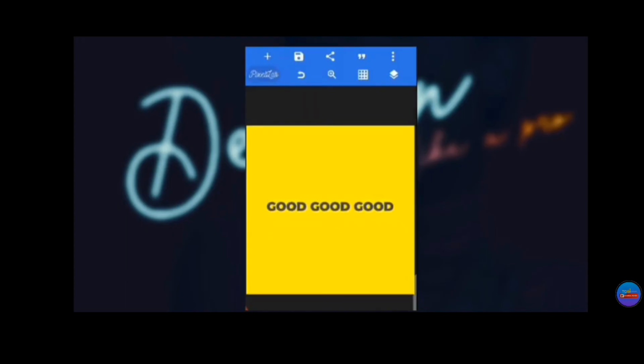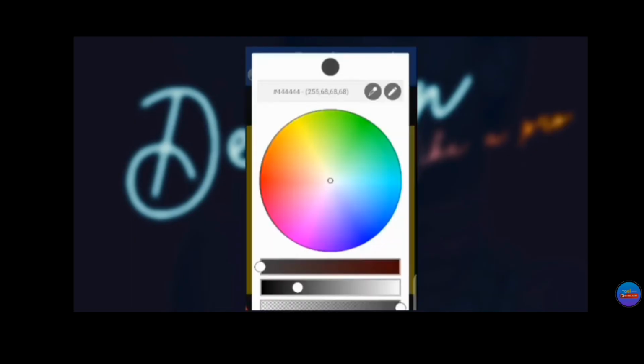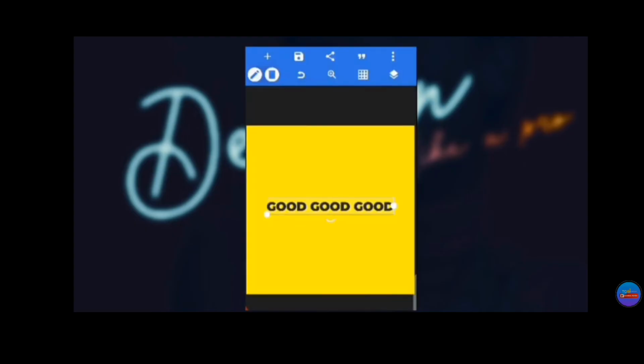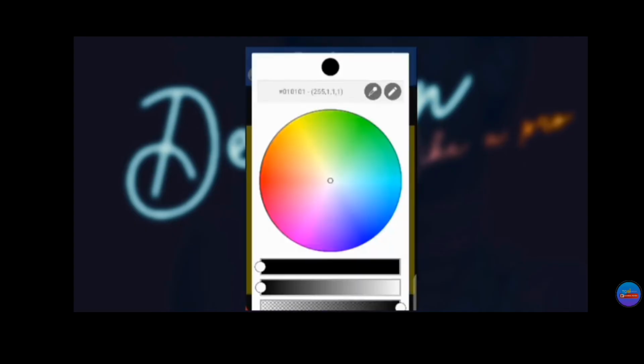Look at the text. It's looking good, right? It's looking good. So the text is dark and it's appearing well. But if you now make your text light, it's not going to be good at all. If you make your text light, if you tint your text, how is it going to show? But if it's dark,